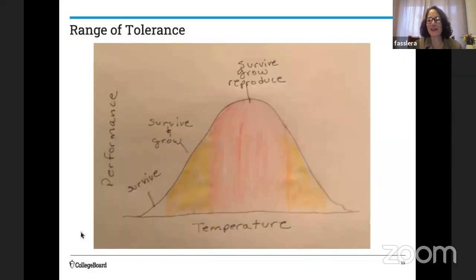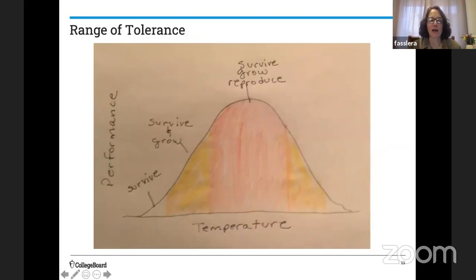So here's a very simple range of tolerance graph. You've probably seen ones like this already in your textbook. Remember that learning target about making sense of a model and being able to explain an ecological concept from APES by looking at a model. So we're going to start by looking at this simple model of range of tolerance to practice that skill. Like that I-square technique that I did, I want to break down what the model is showing me, just like I broke down what that quantitative graph was showing me. I've got temperature, there's my abiotic condition. The term performance, that's how well my organism is doing.